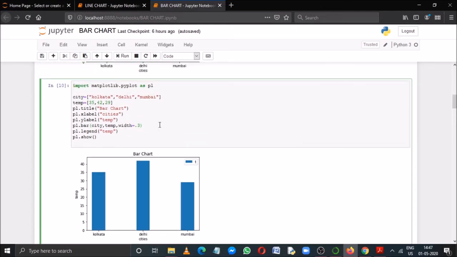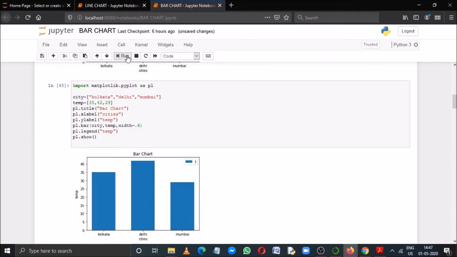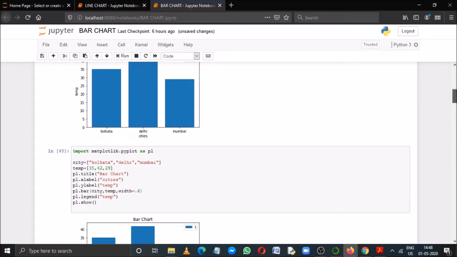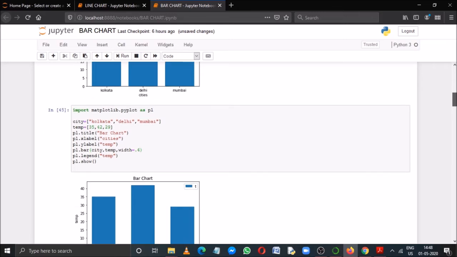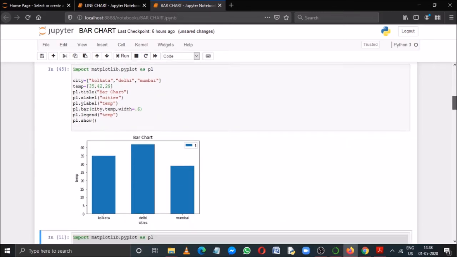Now suppose you write here 0.6 and then run it, see, it will be increased, but still it is less than the default one. Now here you can always pass a value in between 0 and 1.